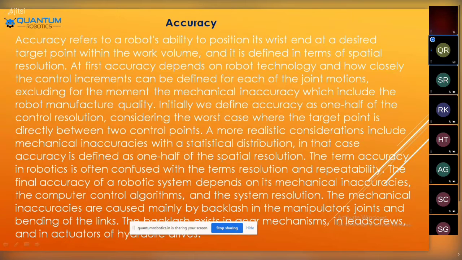Here you can see how important accuracy is in a robot manufacturing system. Accuracy is more important in particular areas of the domain. When we go with industrial robotics, the system works at pinpoint locations, and it has to detect the target location. The target location means the exact position from which we are going to take